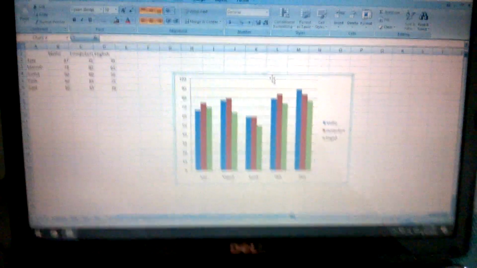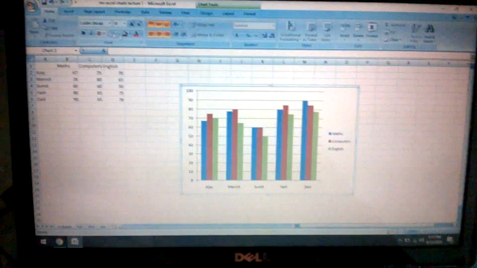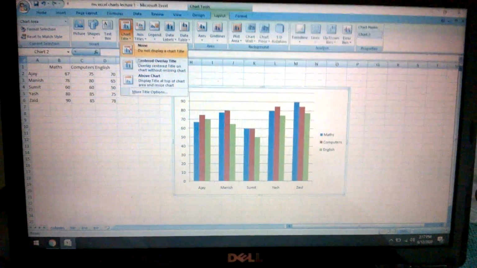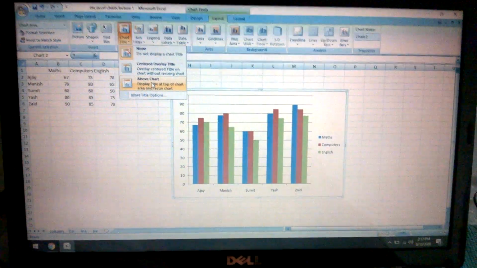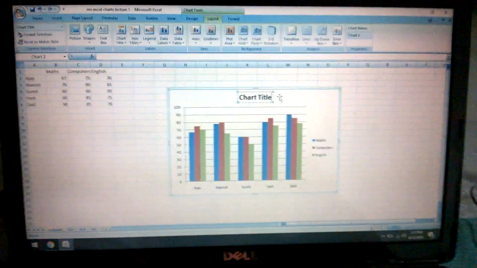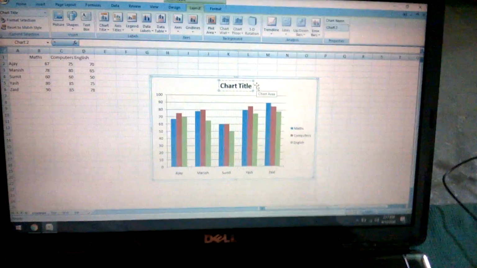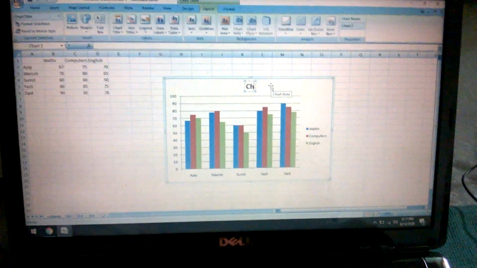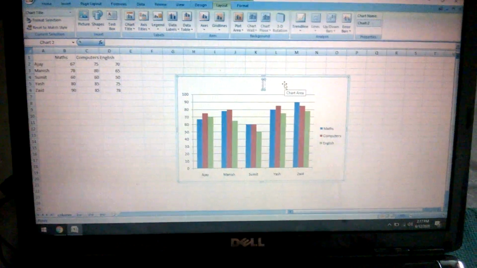Next is the chart title. So let's give some title to this chart. We shall go to Layout, Chart Title, Above Chart, and here we can give some name. Marks Obtained.